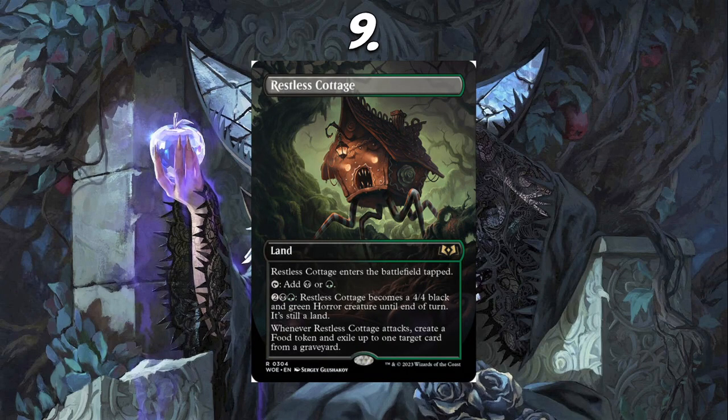All right, so number 9, I've got the Man Land. I decided to put Restless Cottage here just because I think it is the best one of the Man Lands, but as a whole, I always love it when they print new dual lands for the format. I wish they had put in the other, I don't remember, I'm really bad with the ally and enemy colors,